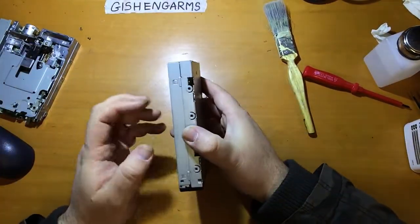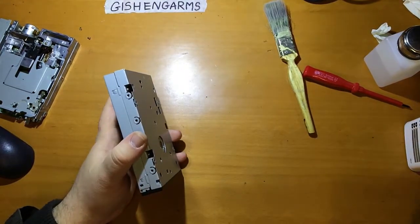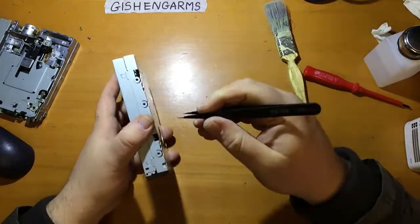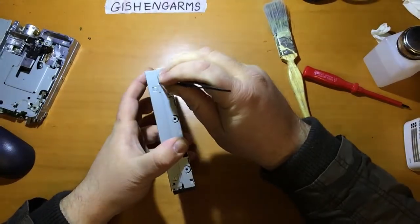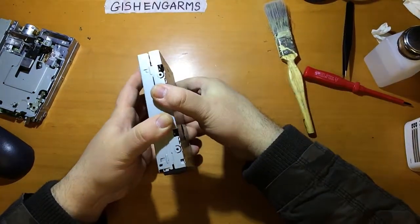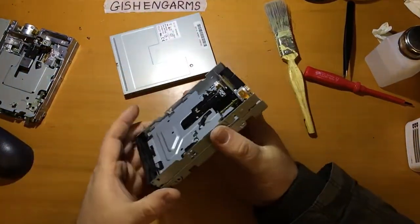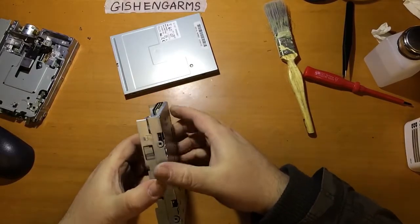This is a cheaper construction drive, and a lot of them are really like this, and they just have sort of just retaining clips which hold the clamshell together, and you can just ease them apart with a flat bladed screwdriver or some tweezers or whatever you've got to hand. And once you've got one side off, they will come apart quite easily. Some of them, the bottom part comes off too. I think on this one